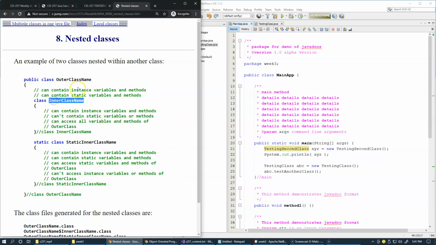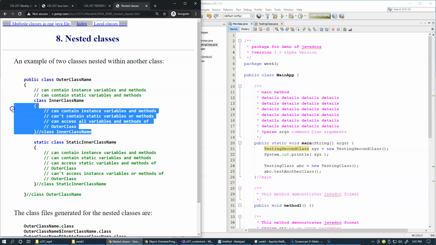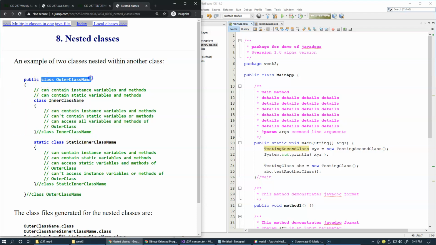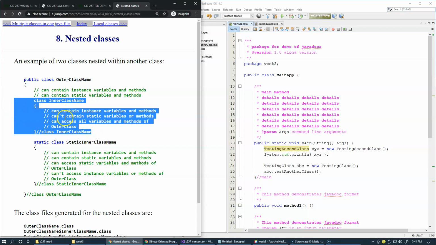Now we're trying to declare a class called inner class within the class. So what can you do with such a class? The use of it will be limited to the scope of this class. Basically, we just say that this will be usable within this class, and what you can do is that what you can really